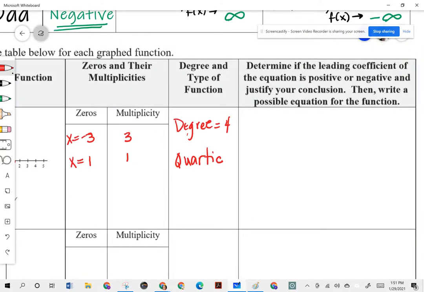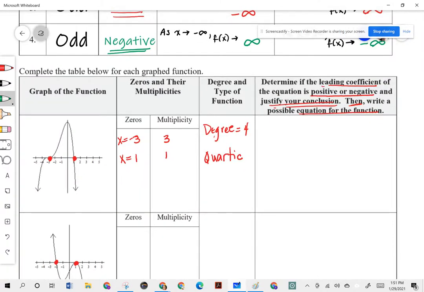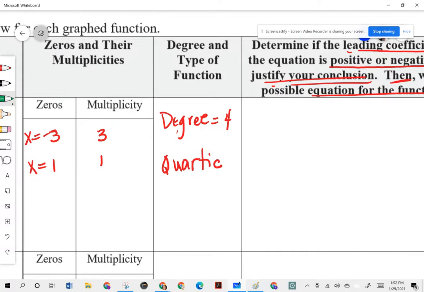And then it says determine if the leading coefficient of the equation is positive or negative, and then justify your conclusion. Then write a possible equation for the function. All right, so we always want to identify the right side first. So let's take a look at that. The right side is going down. Okay, so I can just simply say